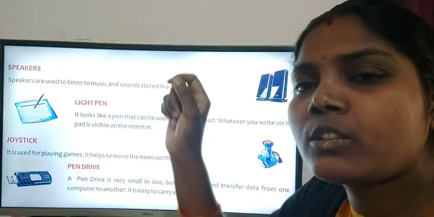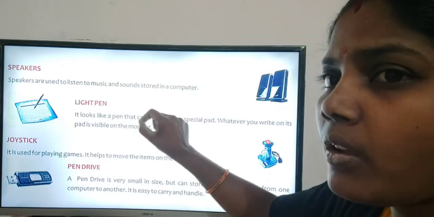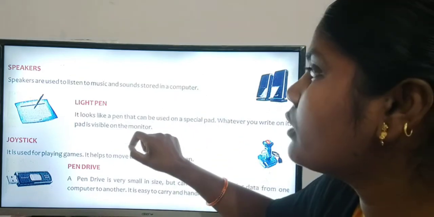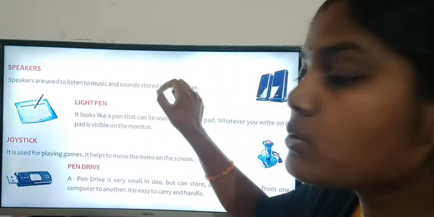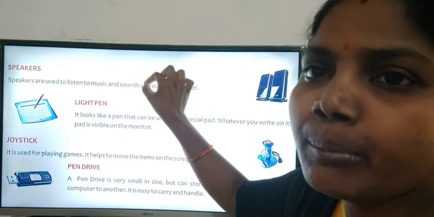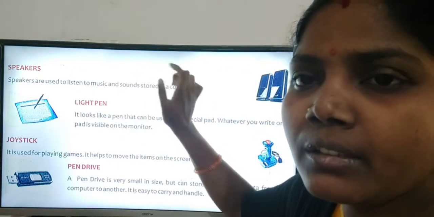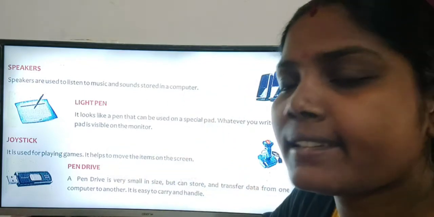For example, if I want to keep these speakers in the middle, with a joystick I can drag and keep them in the middle. For that we are using a joystick.